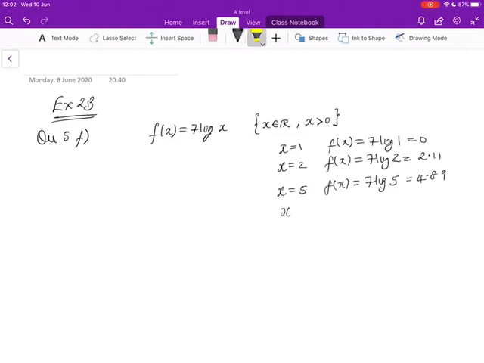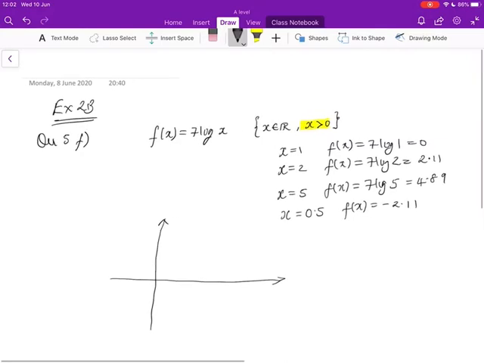You could choose some values less than 1, obviously greater than 0 because you're restricted to x is greater than 0. So if we chose x equals 0.5, for example, and we worked out 7 log of 0.5, that will give us minus 2.11. So the graph ends up looking like, and you would have looked at this when you did logarithms with Mrs. Thompson, so we know when x is equal to 1, f of x is 0, so it has an intercept there,